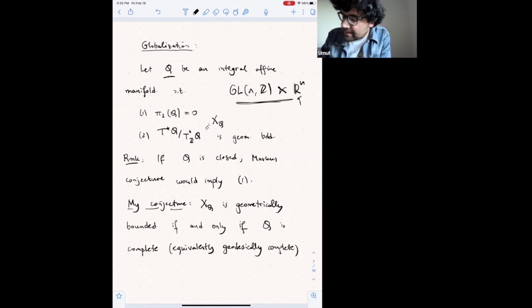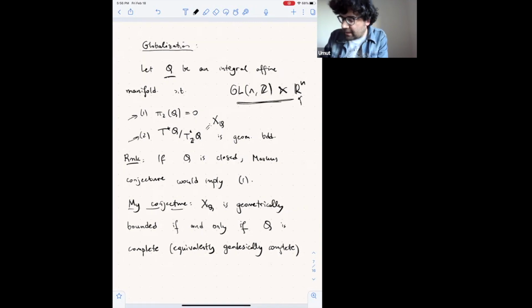And I will make two assumptions. One assumption is that I want the second homotopy group to be 0, and I will say a little bit about this assumption momentarily. The second assumption is a harder assumption, and I don't exactly know when it's satisfied, except that in the examples that I care about, it seems to be satisfied. Given an integral affine manifold, you can always canonically define a symplectic manifold with a Lagrangian torus fibration over